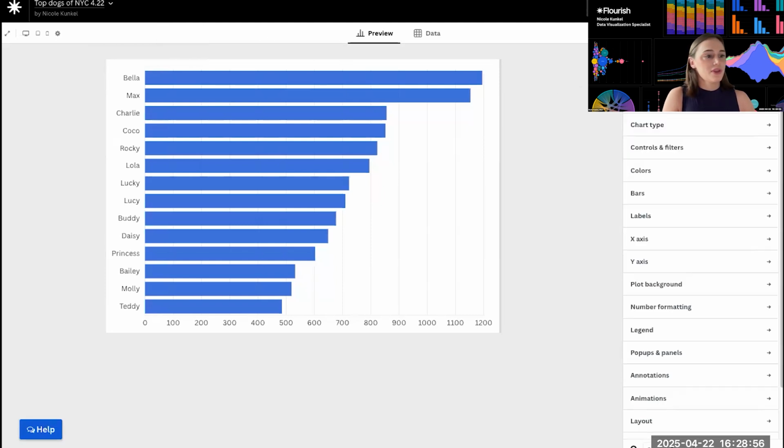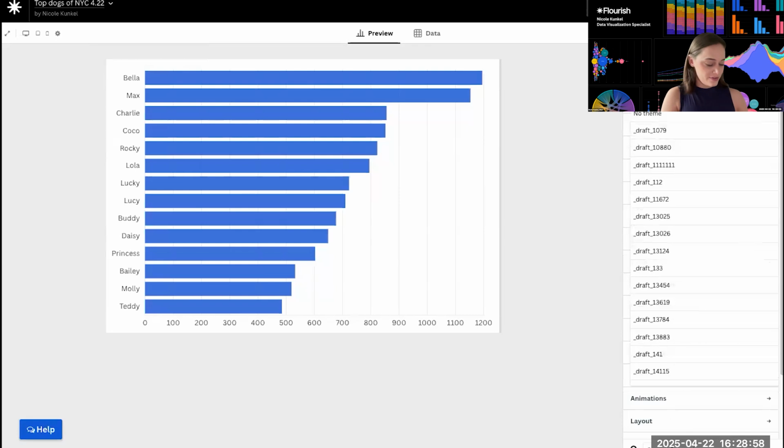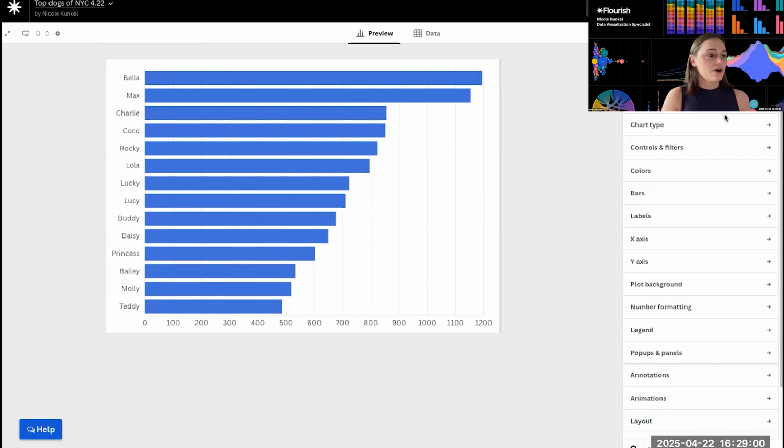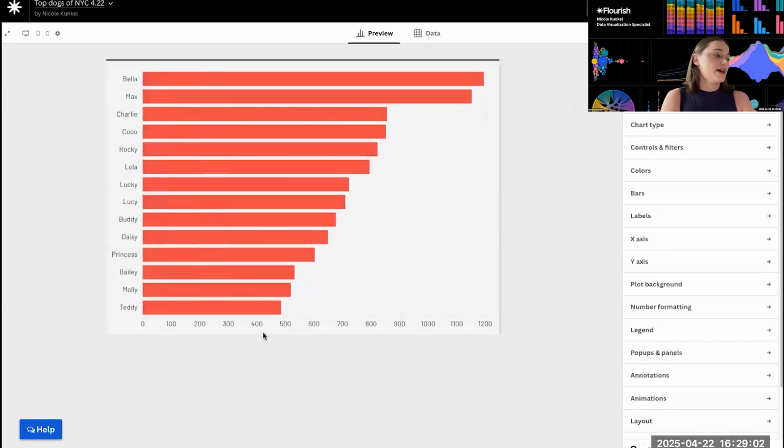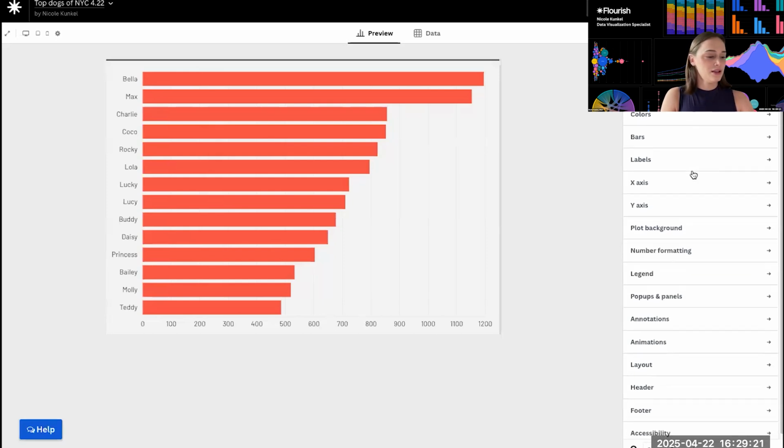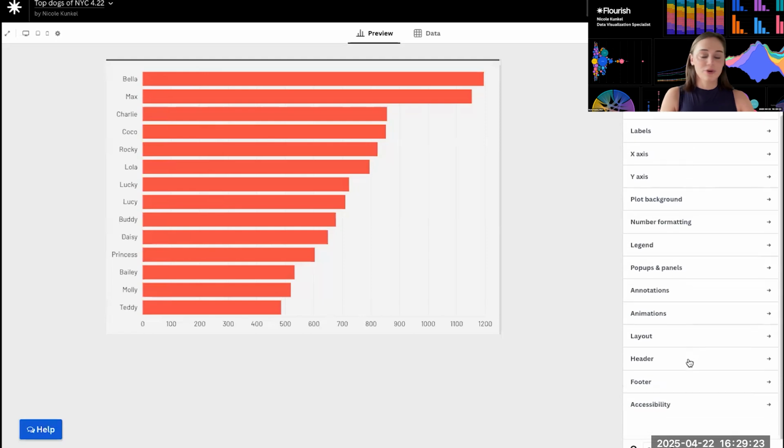All right. And then for our paid customers, we do have themes. So this is a quick way to apply certain fonts, color palettes, do certain formatting that you might want consistent across all of your charts when you publish. So if there's a certain look or feel to my chart that I want consistent, I might apply a theme as a paid customer here. Then I'm going to go over to the header section.